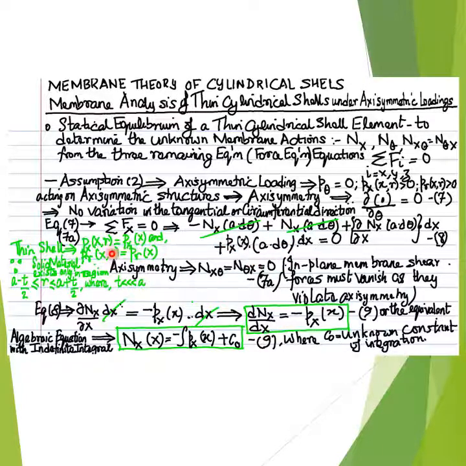since axisymmetry, that is axisymmetry of not only external loading but also axisymmetry of the structure in geometry, as in case of the cylindrical shell structure, implies that the in-plane or membrane shear forces nx theta and n theta x have to both vanish to satisfy axisymmetry, since by their very nature the in-plane membrane shear forces nx theta and n theta x violate axisymmetry, as can be visualized